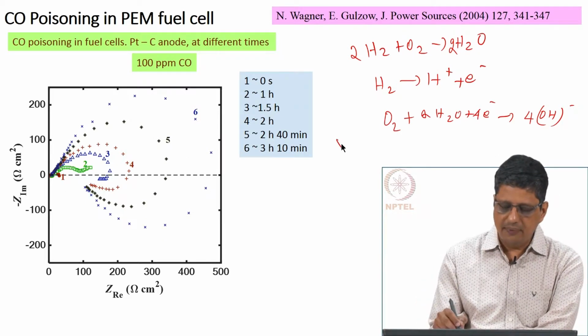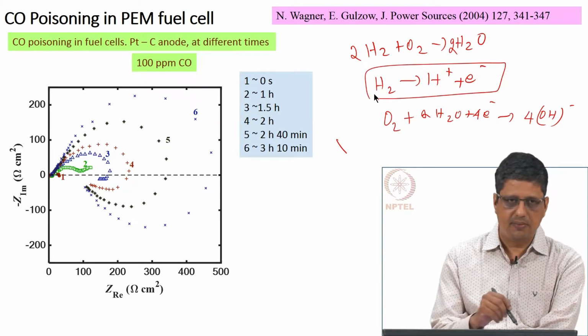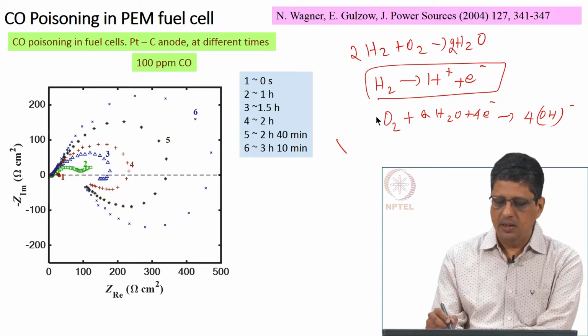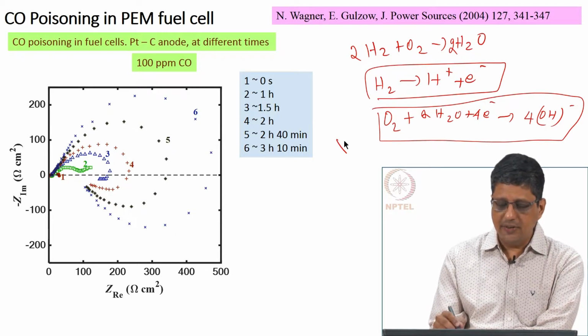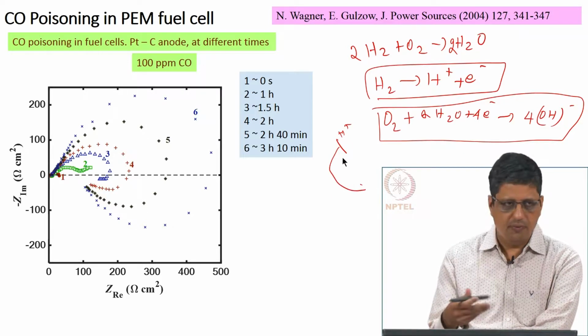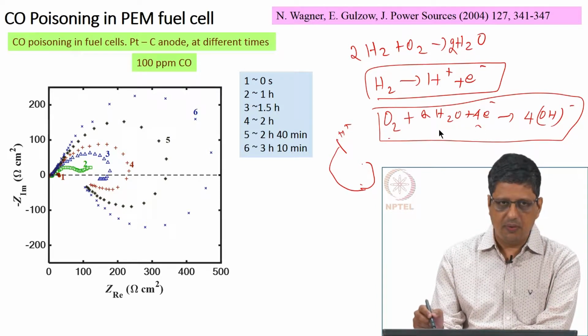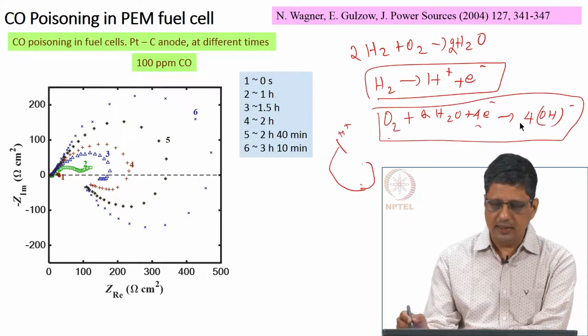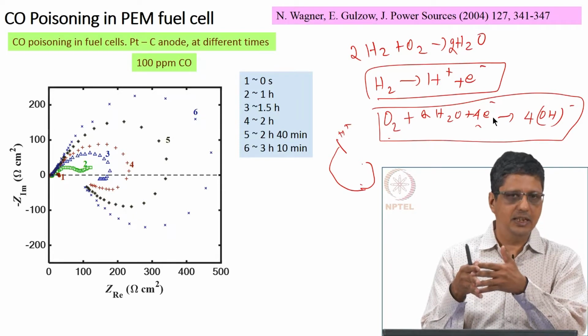So, on one side, the anode side in this fuel cell, is where this happens. The cathode side is where the oxygen reduction happens. On the anode side you have H plus, the electron comes through the load, whatever load we give, and then comes to the cathode side where oxygen along with the electron and the water molecule forms OH minus, and the hydrogen formed on the anode side moves through this, combines with the OH minus and forms water.